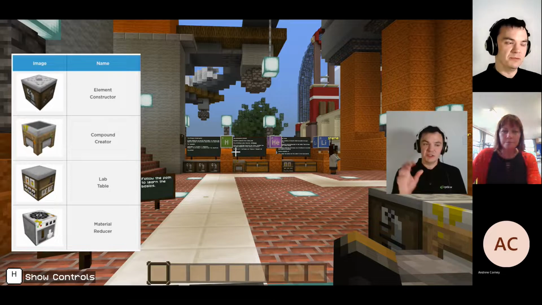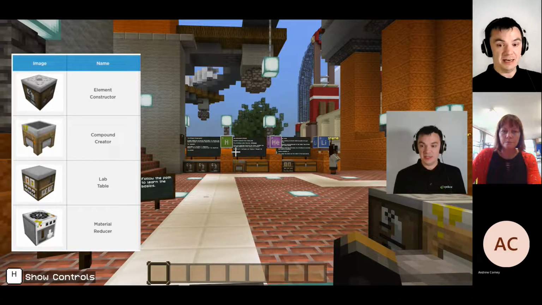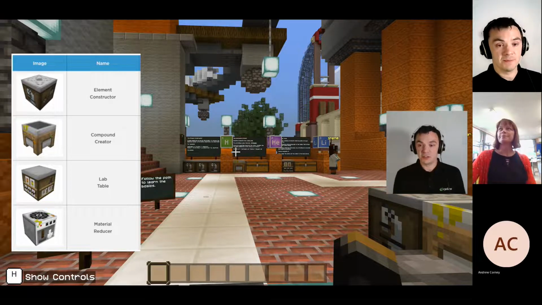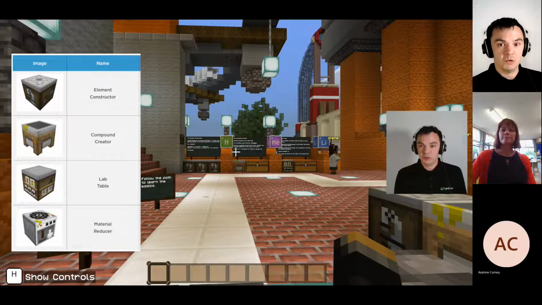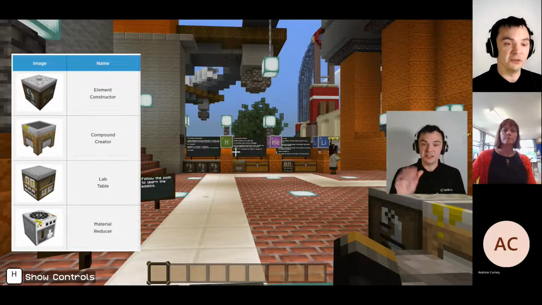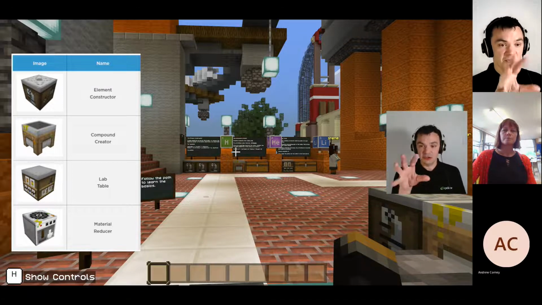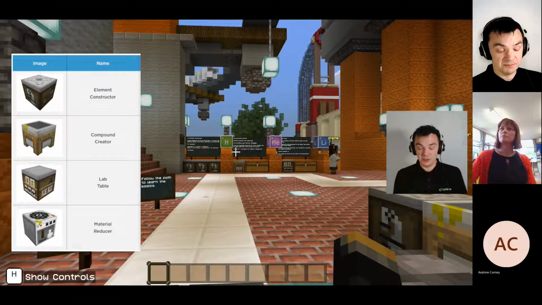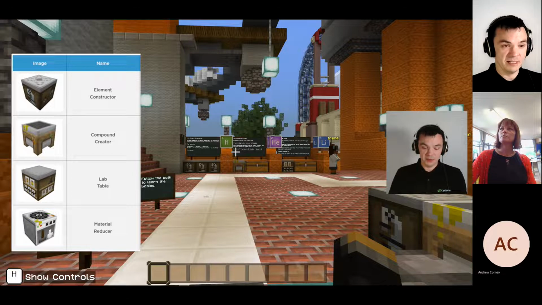And then that last one that I mentioned, the material reducer. So that's where we can get everything that's in our Minecraft world already and rip that back into its constituent atoms. So that's quite a neat way of working backwards. So we'll come to that one last today. I could equally see someone actually starting a unit with that too, starting with the realization that everything is made up of all these different special unique atoms. I'm going to work the other way today, but